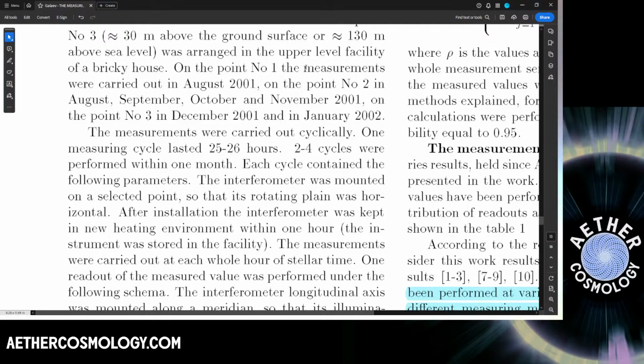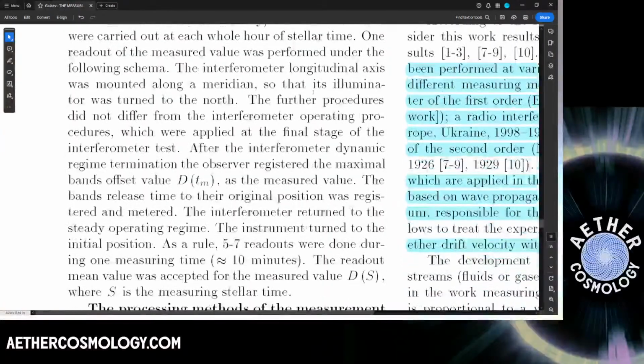The instrument was stored in the facility. The measurements were carried out at each whole hour of stellar time. One readout of the stellar value was performed under the following schema. The interferometer longitudinal axis was mounted along a meridian so that its illuminator was turned to the north. The further procedures did not differ from the interferometer operating procedures which were applied at the final stage of the